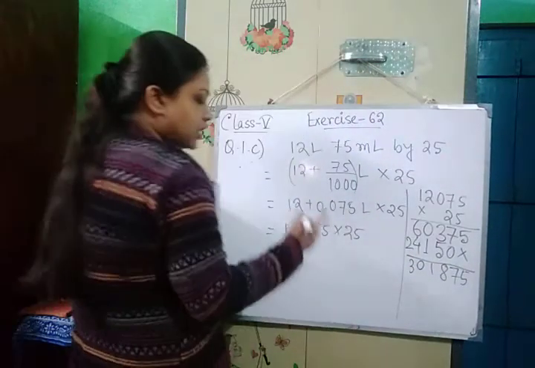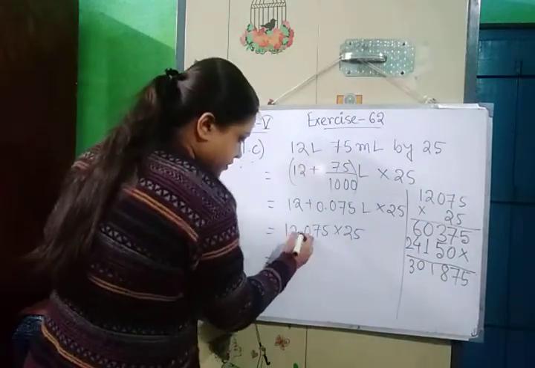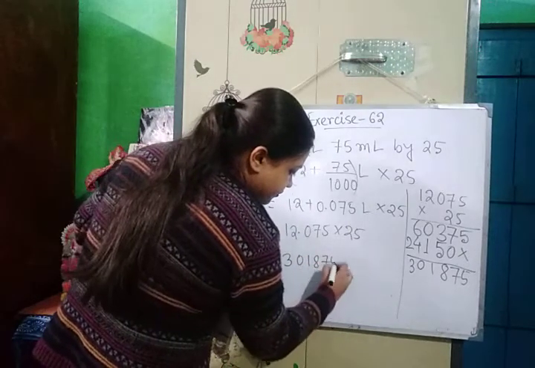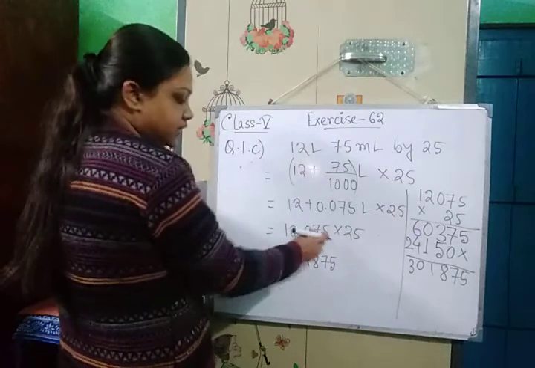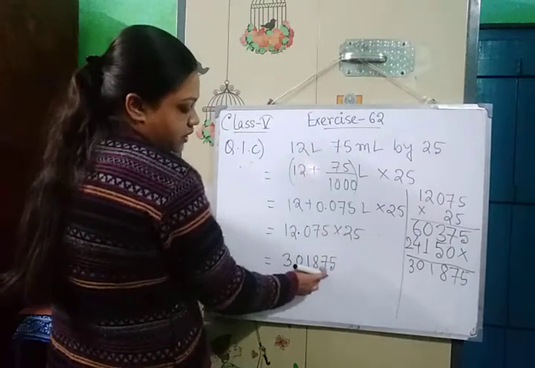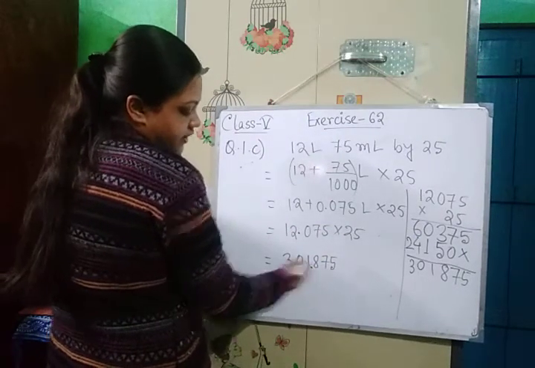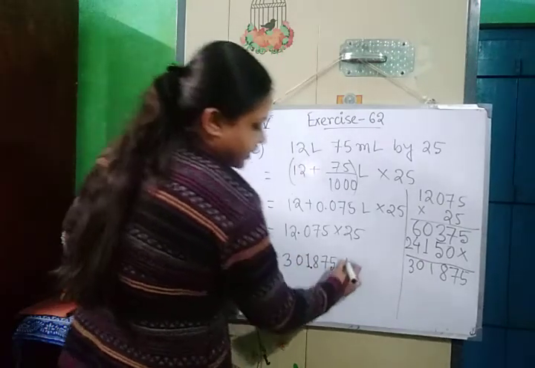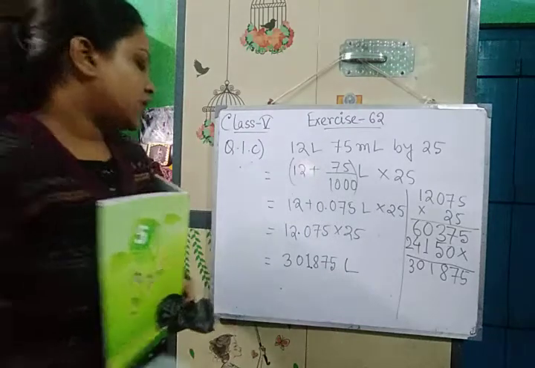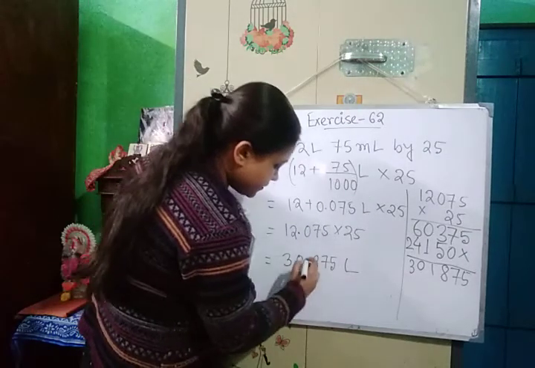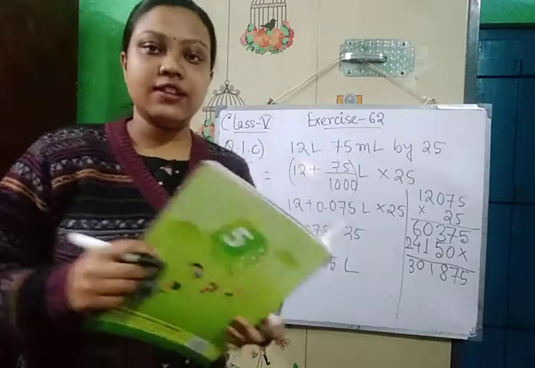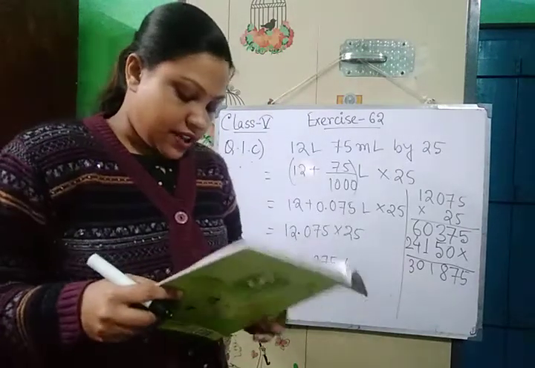Now that means we will put the point. 301875. Now we will put the point, 1 2 3 digits are there after the point. So 1 2 3, the point will be here. 301.875 liter. I hope you can see the point here. 301.875 liter is the required answer. Now next